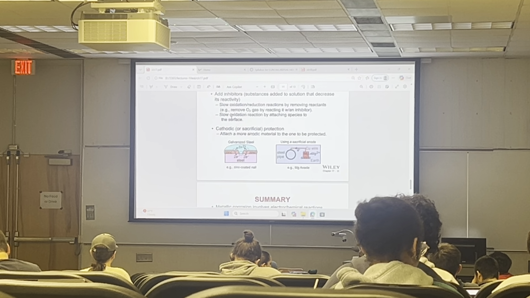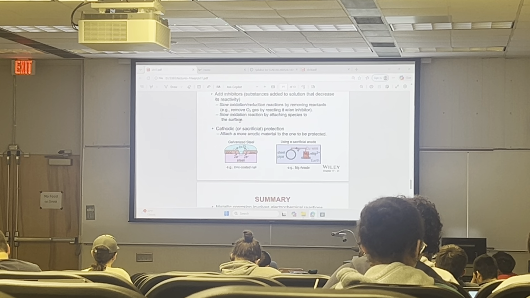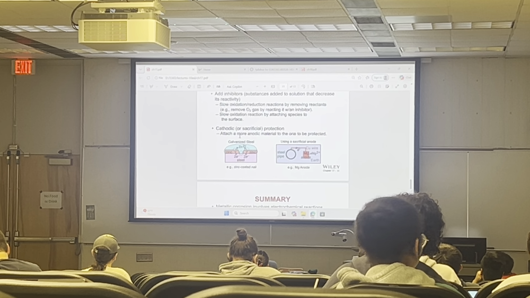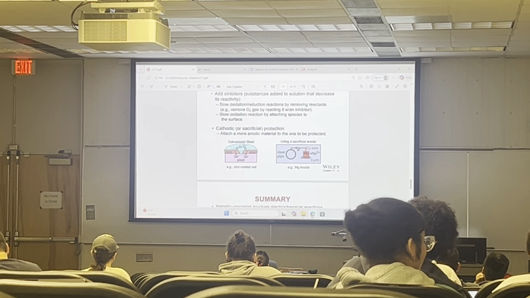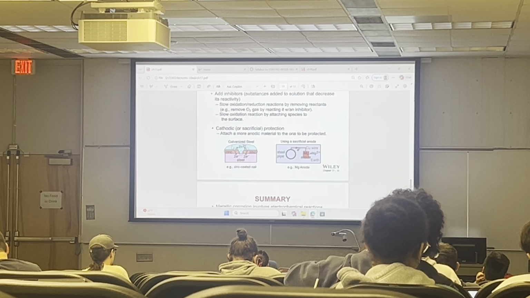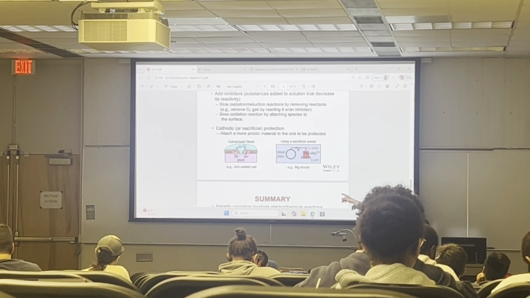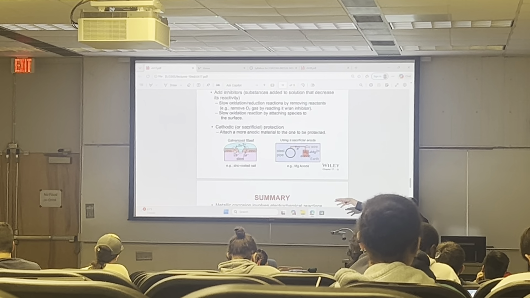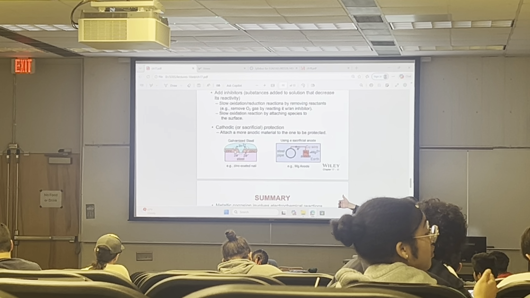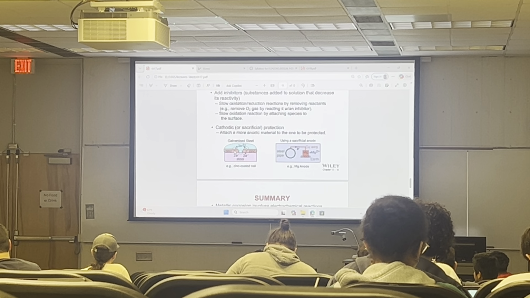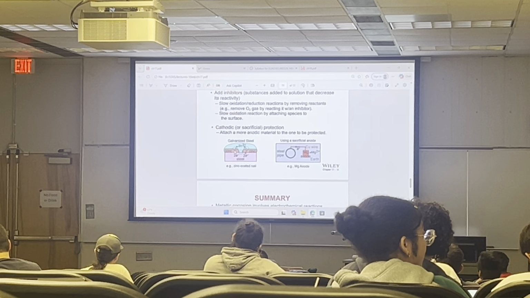The other way for the inhibitors is to slow the oxidation reaction by attaching species to the surface. And here is what's called sacrificial protection. We take a material that is more anodic, so it's called anodic protection. And galvanized steel, if you walk towards the library, they have construction, and right next to that construction there's a fence. I want you to look at that fence, because that fence is coated with zinc, and